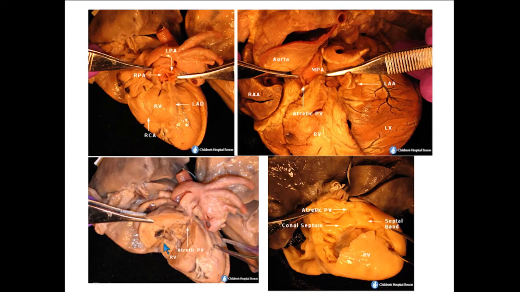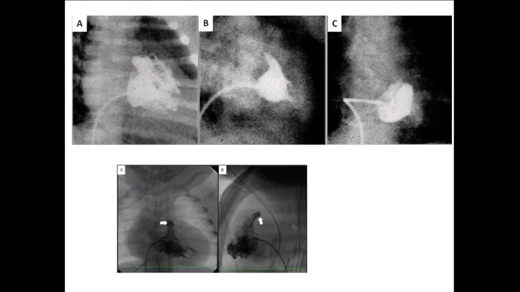Right ventricle opened, there is a severe right ventricular hypertrophy. Arrow points to the atretic pulmonary valve, and also the conal septum and septal band are seen. Atretic pulmonary valve is represented by a small dimple. Right ventricle has 3 portions: inlet, trabecular, and infundibular. Panel A is a tripartite right ventricle, has 3 portions. Type 2, panel B is a bipartite right ventricle with absence of the trabecular portion, and panel C